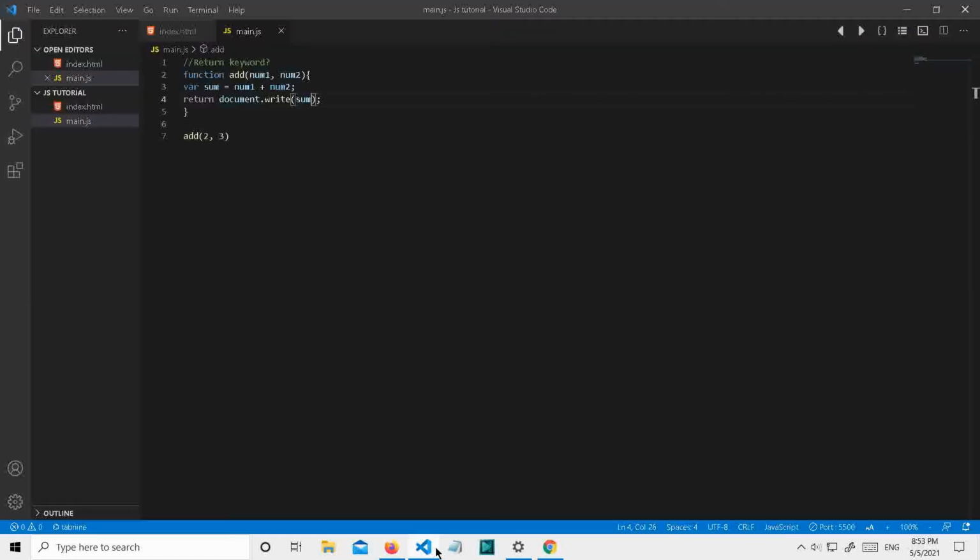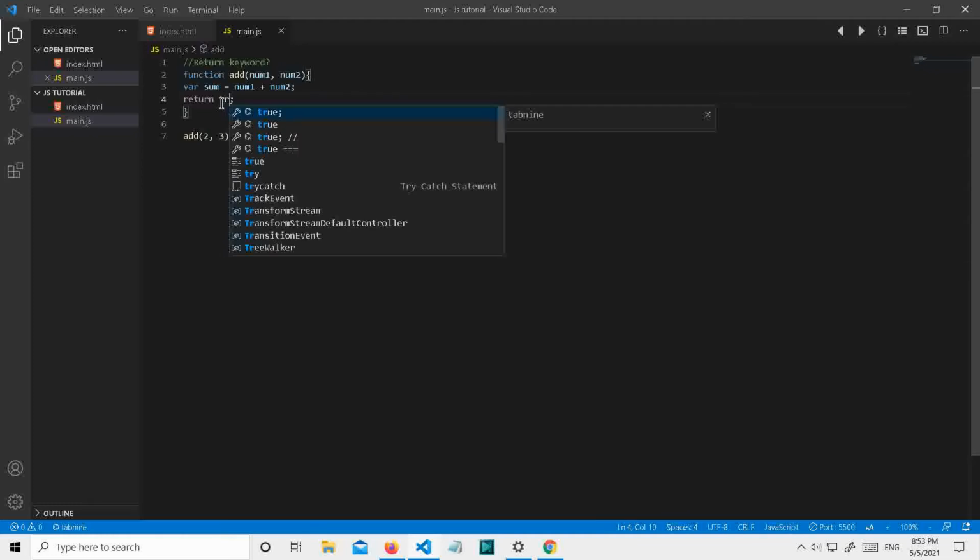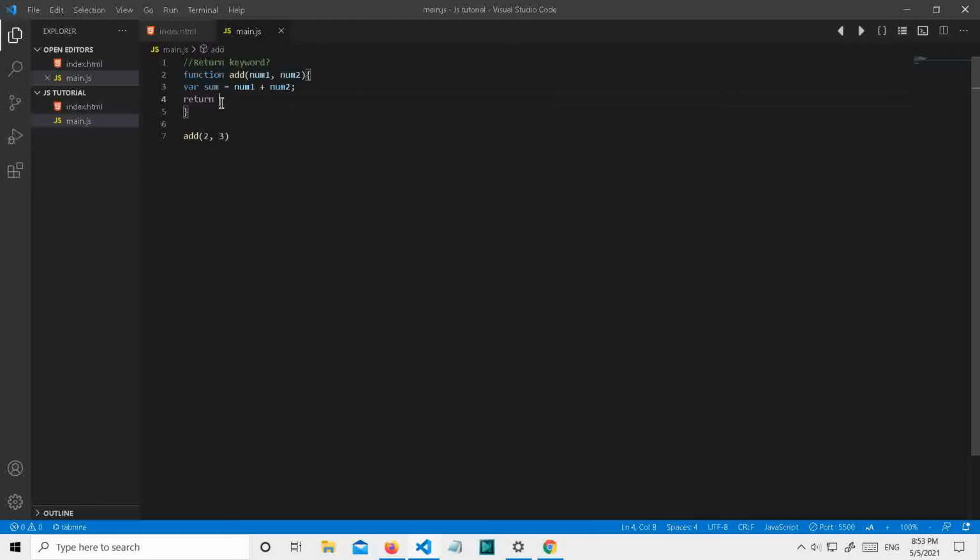So guys, it just returns the output value of the function we executed. You can even give a single data type like true or false, anything.